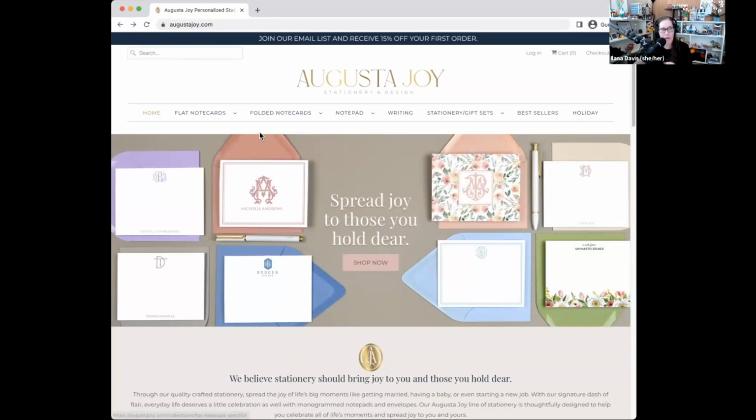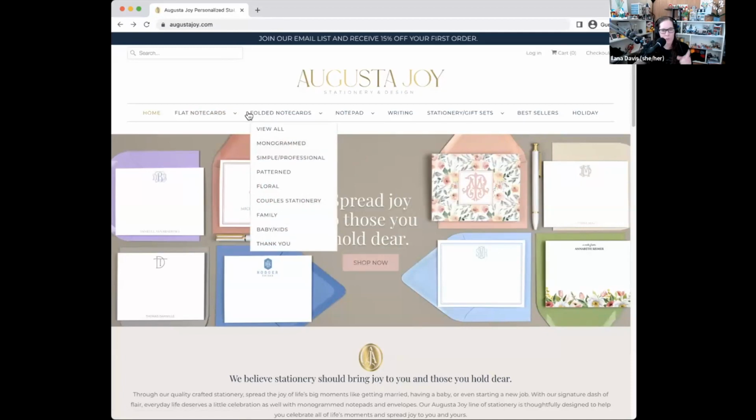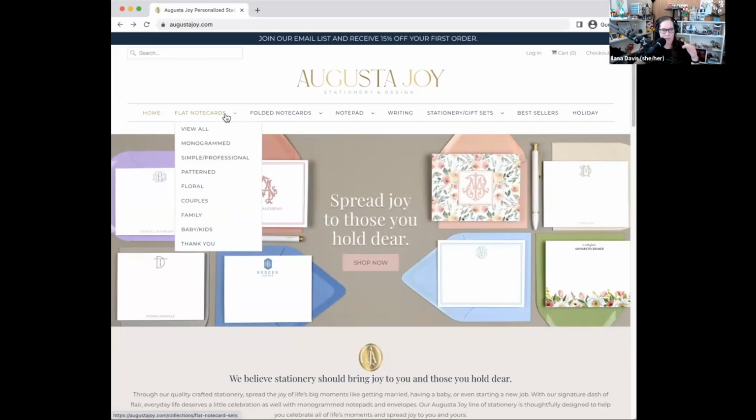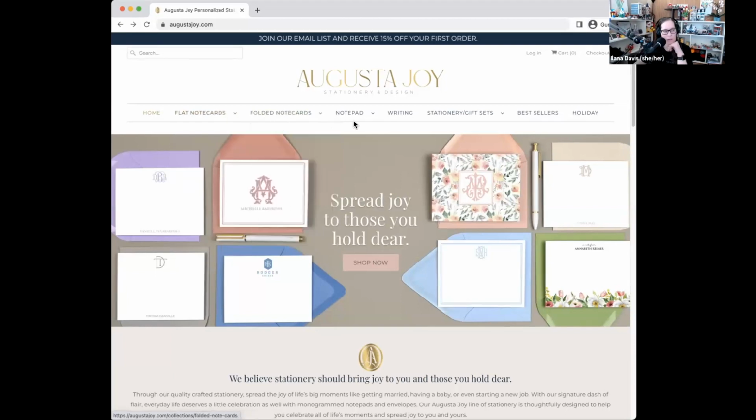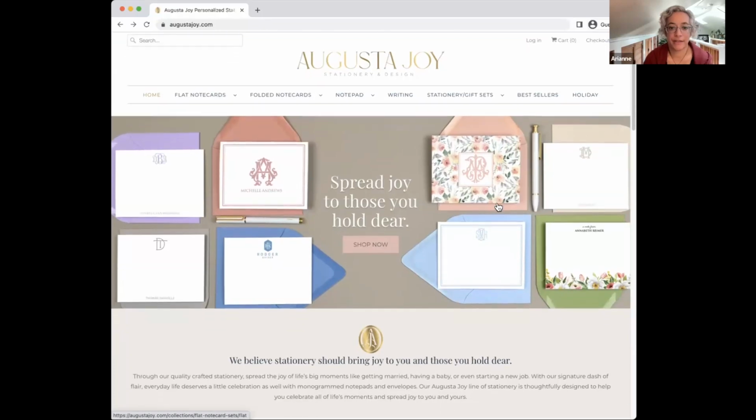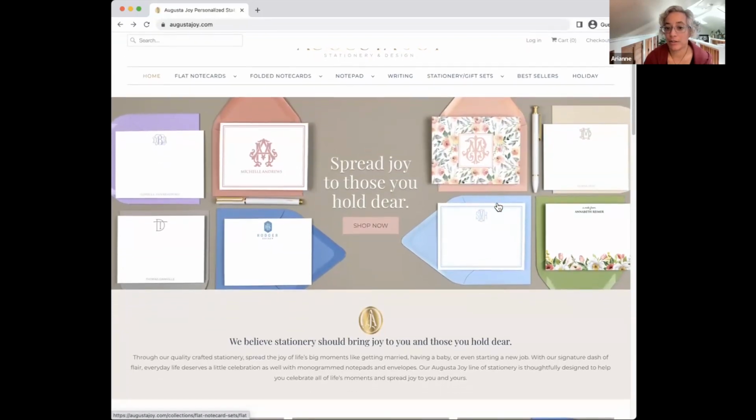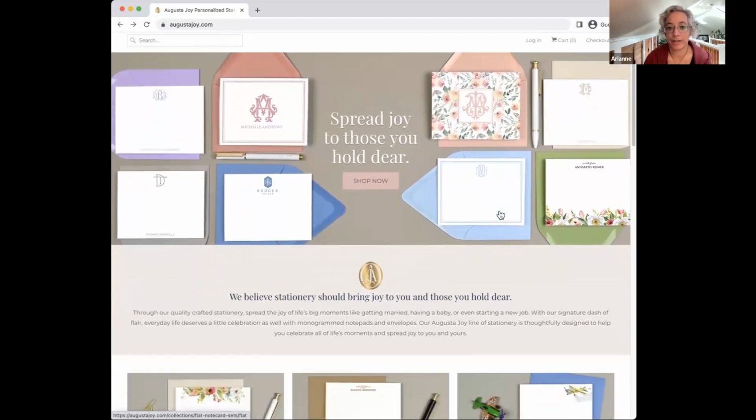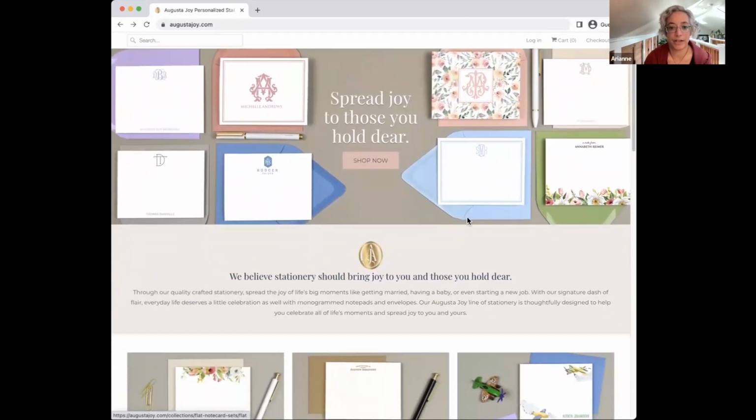And so that might mean, and Arianne, you touched on this, maybe you condense your note cards into one main navigation menu, and then you have different sections in a mega menu that will allow you to do flat and then folded. That would be one way to condense this. Yeah, I have a ton of examples we could show, but I think we've gotten to the point on that one. And then this header image looks like what you were talking about earlier, Alana. It looks like that text is part of the image. So we're going to just give the same advice there.